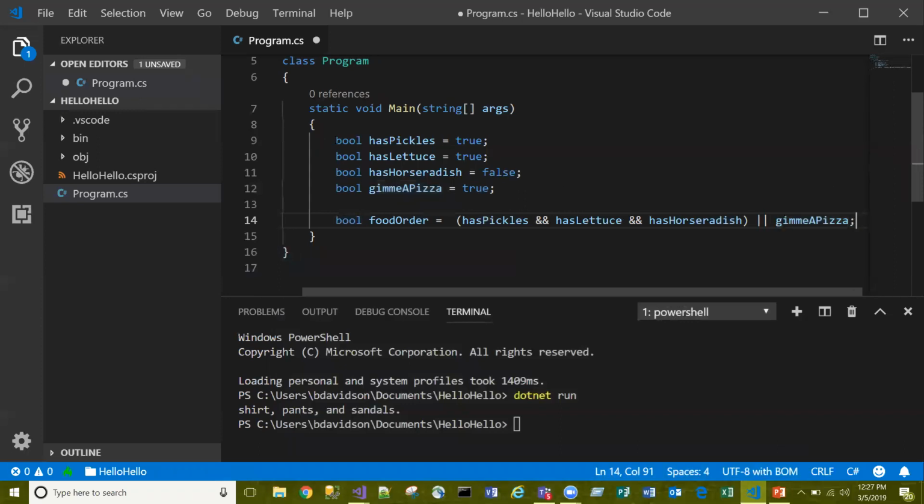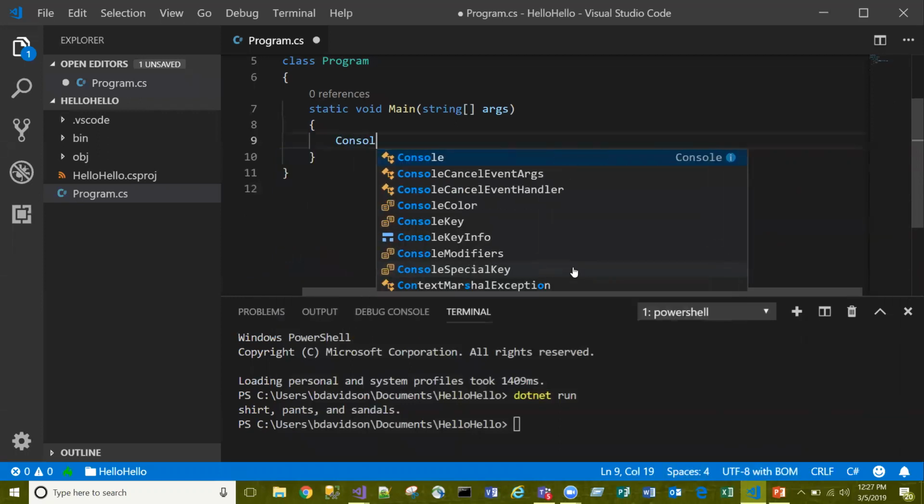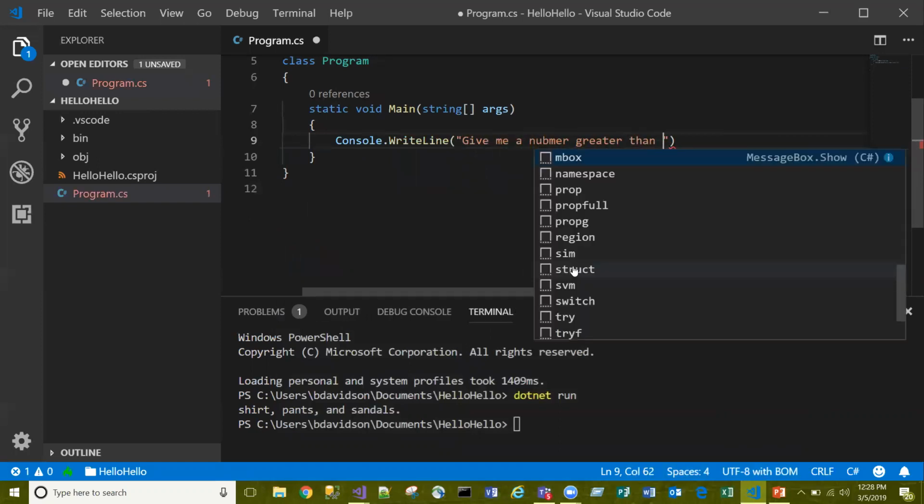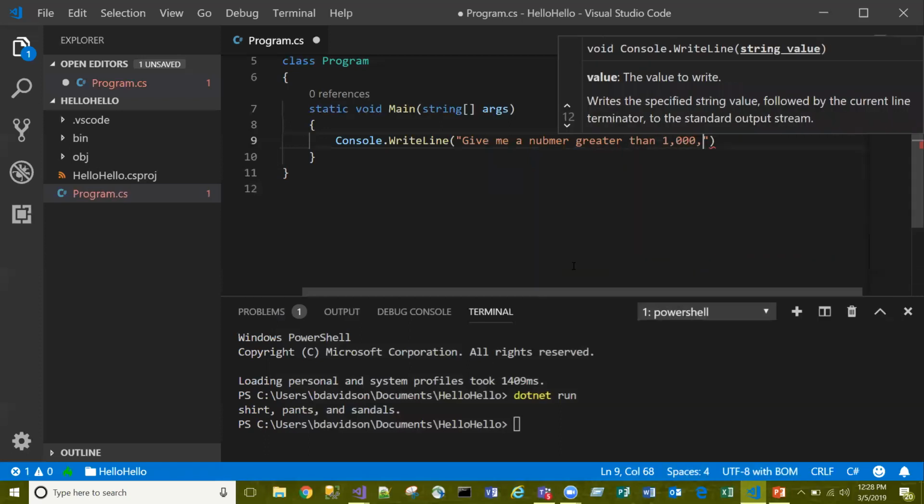You're welcome. So let's write a program that asks a user for a number, and then we make sure that the number is, we're going to tell the user, give us a number greater than 1 million, and then we will check to see if it really was. All right, so we're going to do a Console.WriteLine, give, with quotation marks every time, give me a number greater than 1 million,